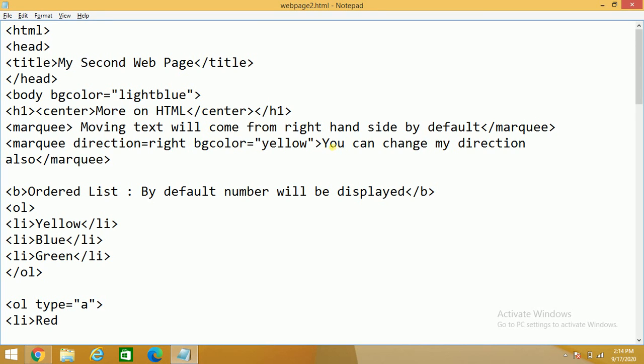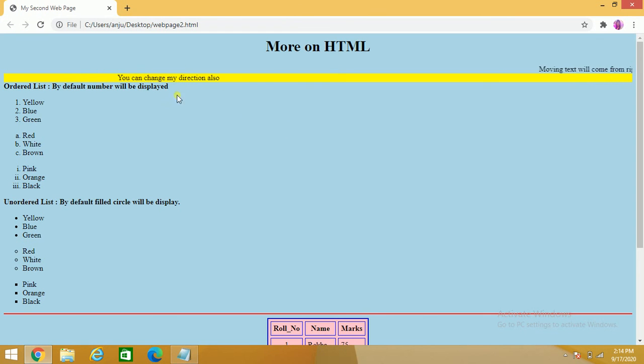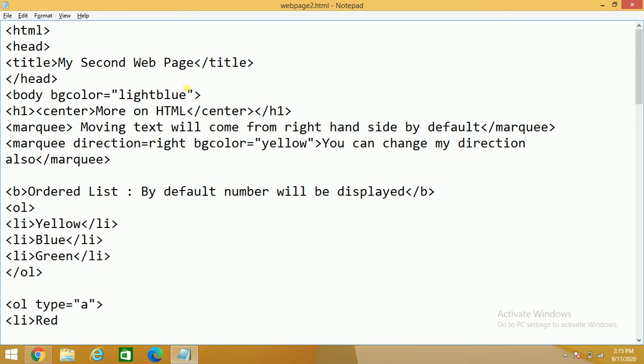So yellow I have given. Now if I show you here, it's coming from the left hand side. So it's totally up to you. You can change the direction of marquee. Marquee means moving text. आपका कोई भी text move करेगा from left to right or right to left. At the end you have to close the marquee tag after you finish with the marquee command.